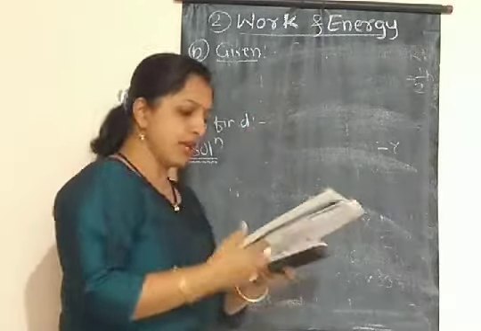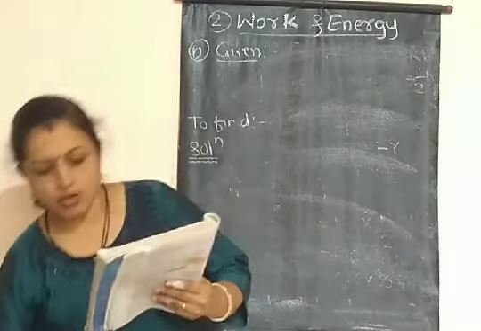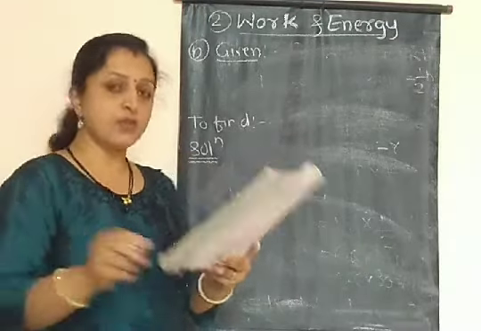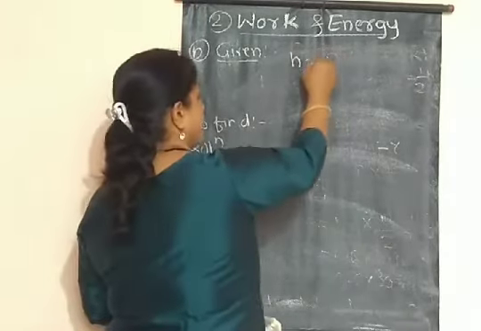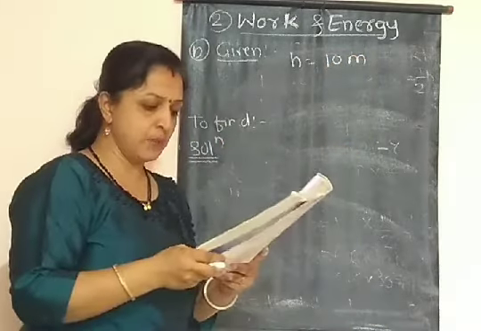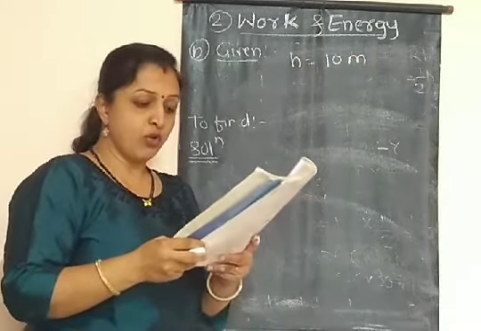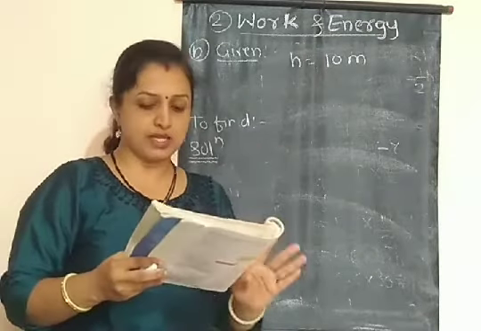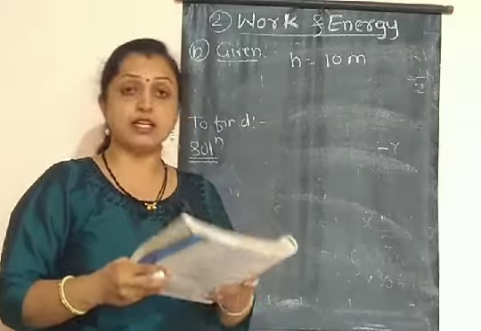So consider what we have given. If the energy of a ball falling from a height of 10 meters, so first height that we have given is 10 meter, that ball is falling from a height of 10 meter, is reduced by 40%. Means that energy is reduced by 40%. Then how high will it rebound?